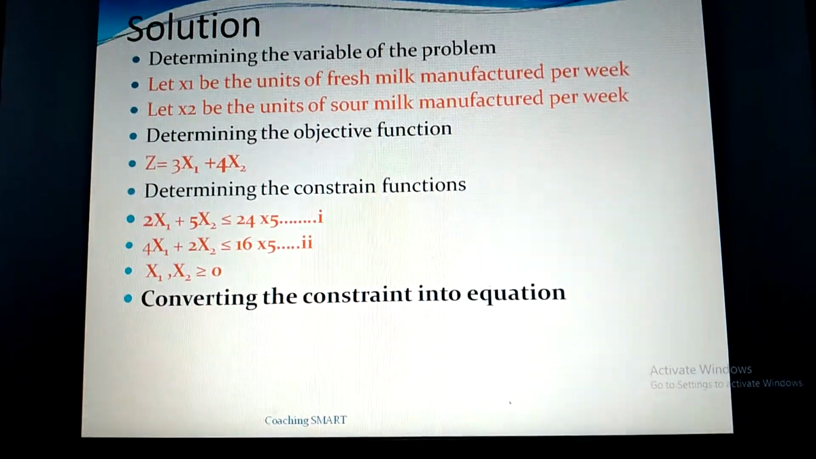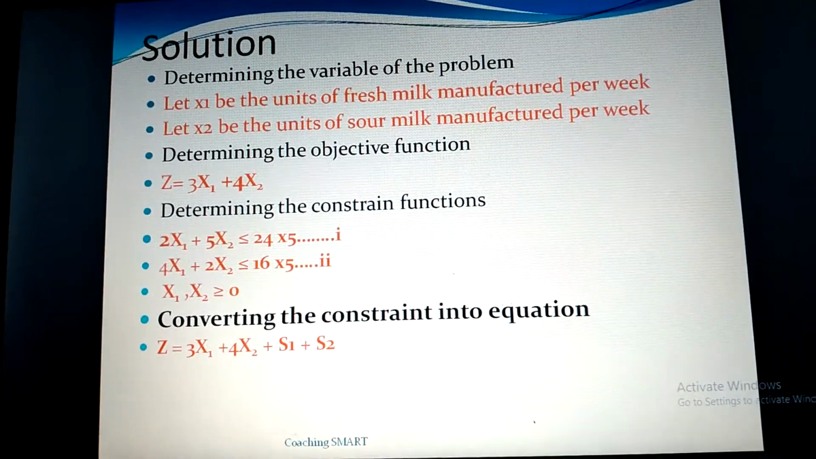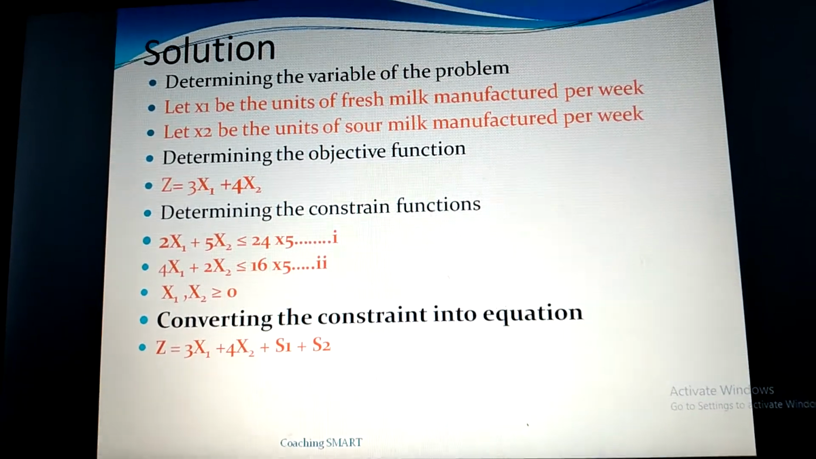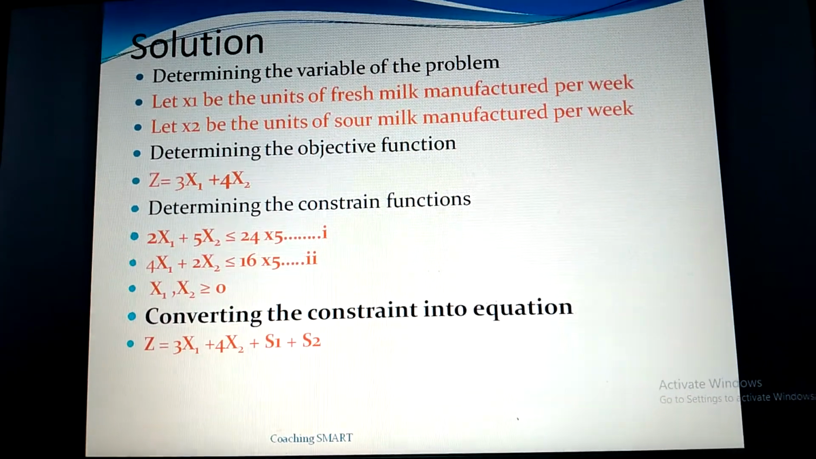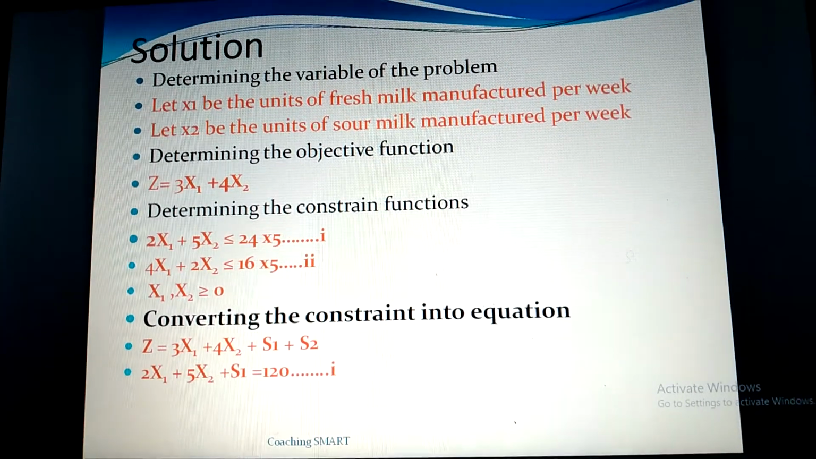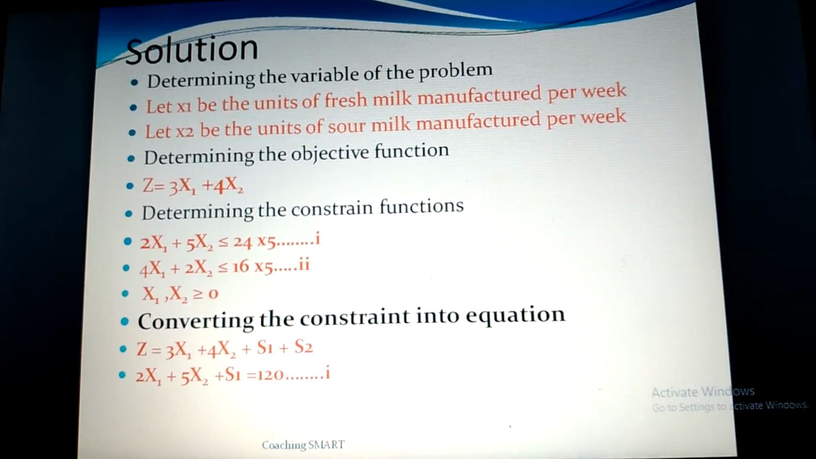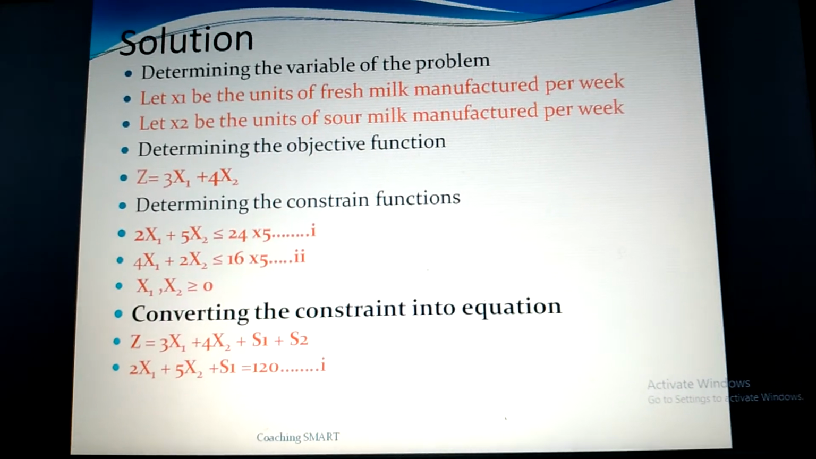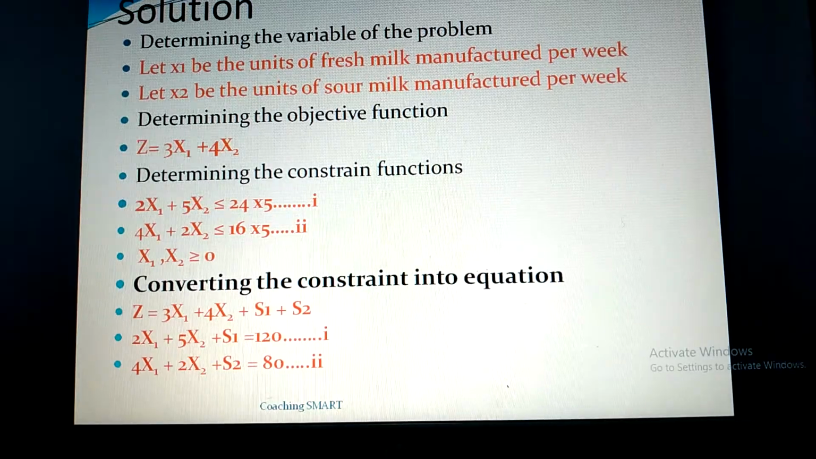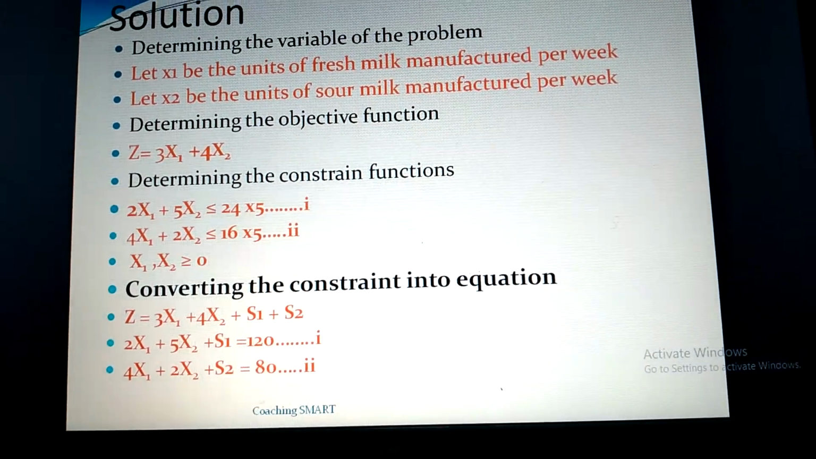Converting the constraints into equalities. So we do the conversion: Z equals 3x1 plus 4x2 plus 0s1 plus 0s2. These are the constraints. 2x1 plus 5x2 plus s1 equals 120. Equation 2, 4x1 plus 2x2 plus s2 equals